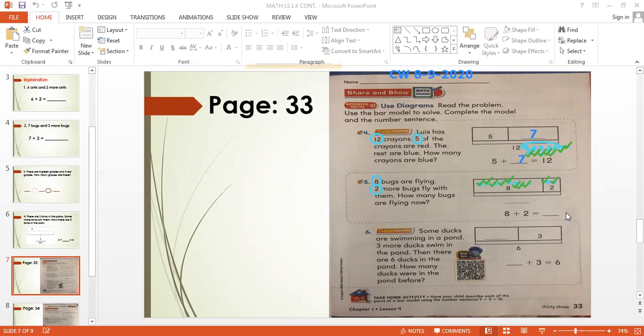So what is 8 plus 2? The answer is 10. So again, 8 plus 2 is equal to 10. Did you all understand how to do it? That's excellent, everyone. Adam, excellent. Liana, very good. Excellent. The answer is 10.